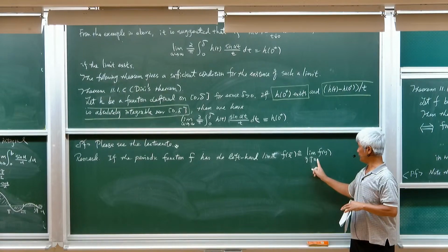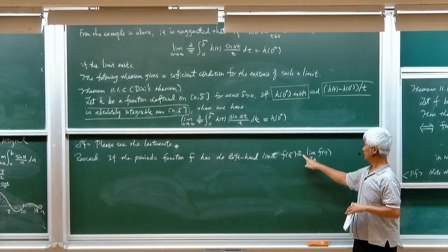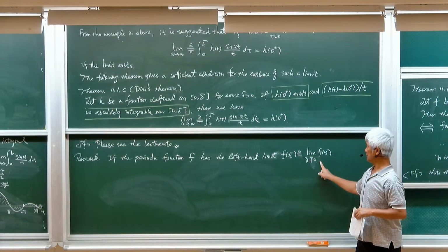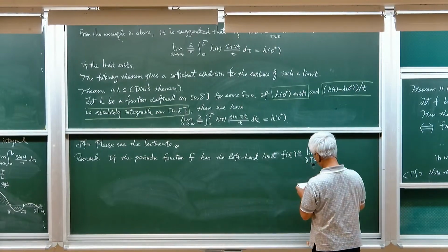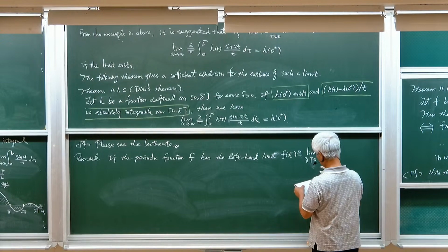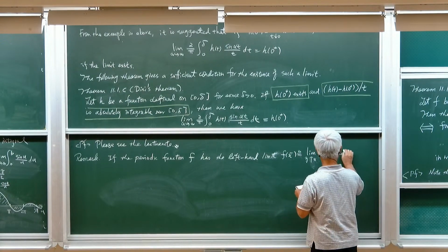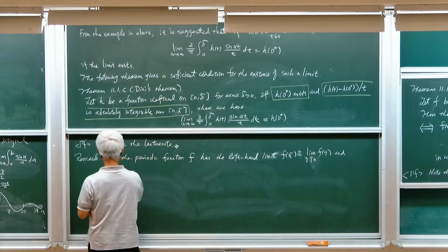This limit exists when I fix x. So this is called the left-hand limit. So if f has the left-hand limit and the right-hand limit,